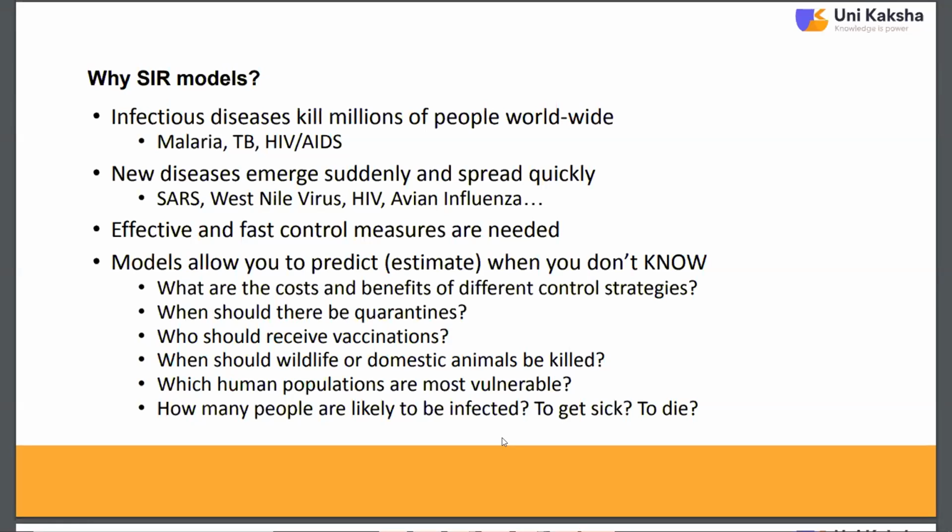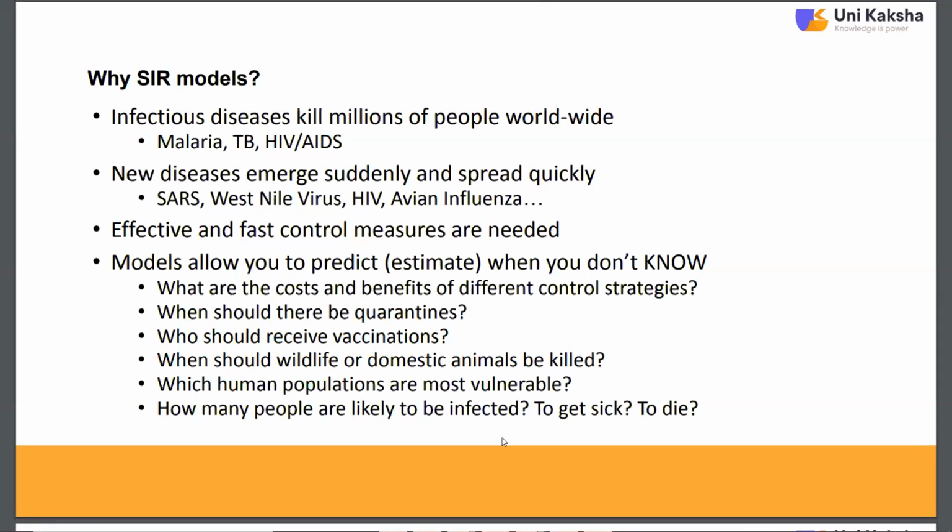Okay, so this model will permit us to predict different kinds of parameters, like what are the costs and benefits of the different control strategies, when there should be quarantines, about the lockdown periods, that we can also predict, who should receive the vaccinations, when wildlife or domestic animals should be killed, which human populations are most vulnerable, how many people are likely to be infected, to get sick, to die.